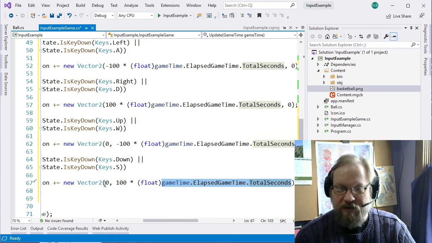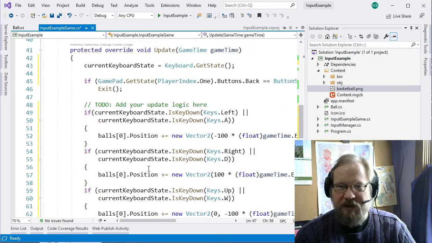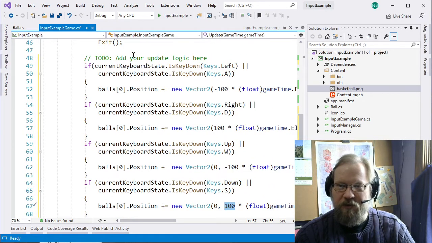Now we could also, instead of doing this scaling inside this vector, do it outside the vector to create a new vector of 0 and 100 and multiply it by the game time, elapsed game time dot total seconds. That would also work, but because we're really only changing this one value, this makes it 1 multiplication instead of 2, so it's slightly more efficient. Especially considering the fact we're doing it 4 times. But it really wouldn't be a big